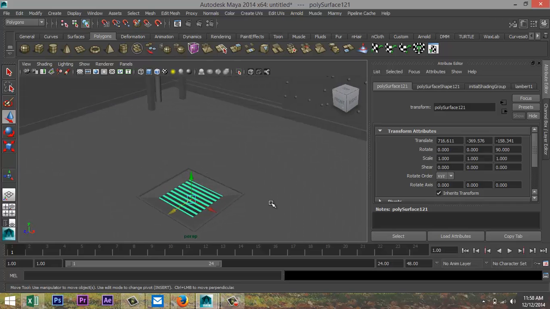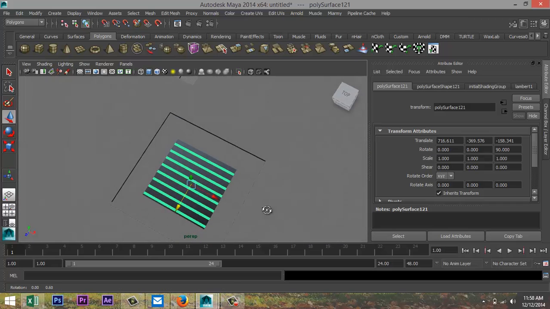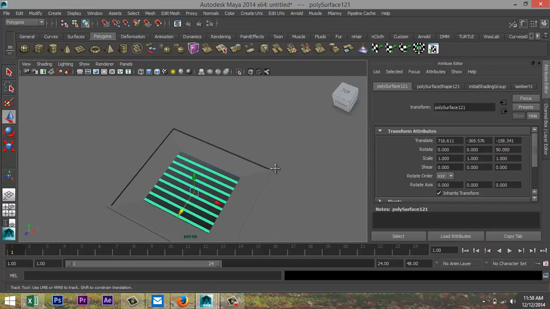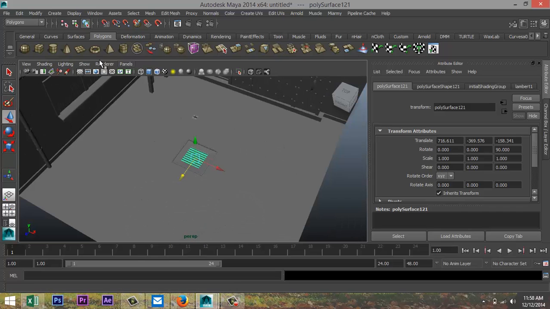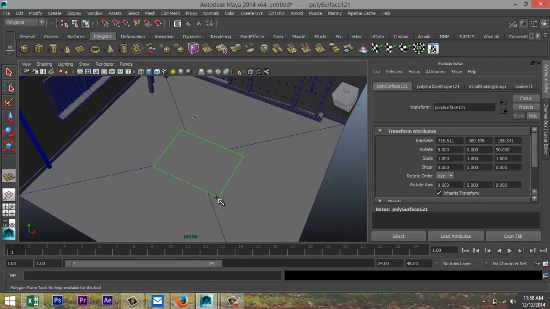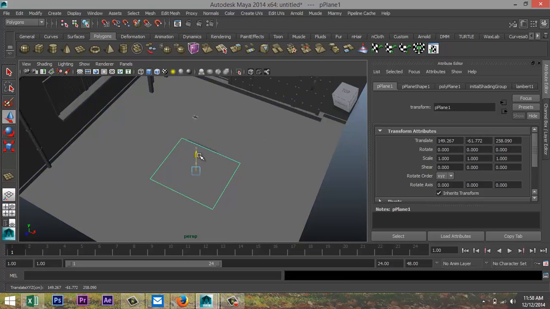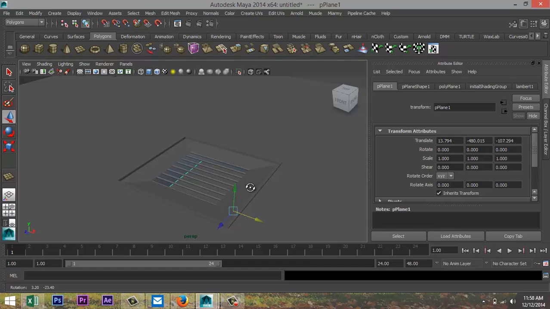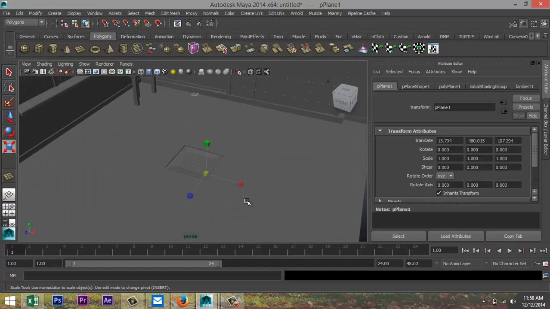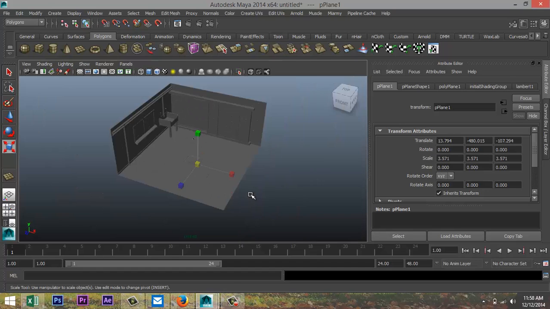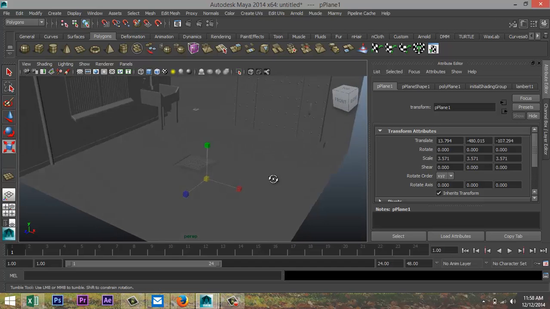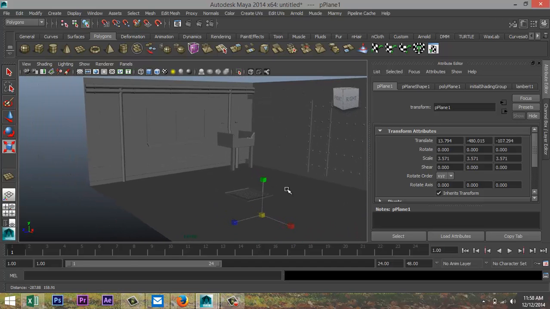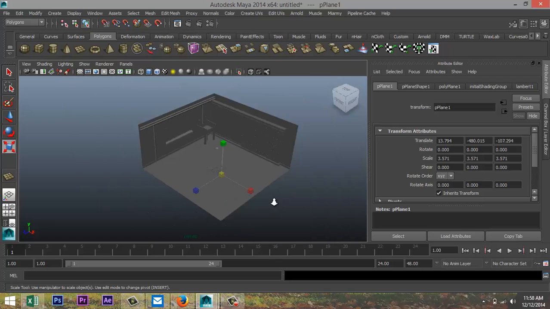Okay. And not to make that look totally weird, what we're going to do is we're going to create a quick plane. And let's push that down. Okay, cool. So now that we got that, what we're going to do is we're going to focus on the